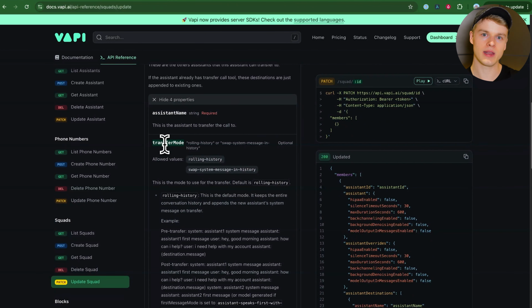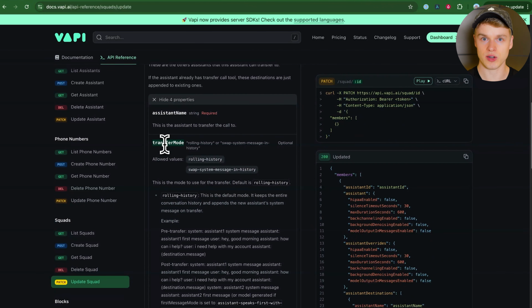And this main assistant initially, let's say a user called, and he says, yeah, I have a problem with my product. Now in that case, the first assistant would transfer the call to the second assistant, to the product assistant, but it would retain and contain, just send over the initial system prompt as well. So you can imagine that the conversation that the AI will have access to, and that is in that case